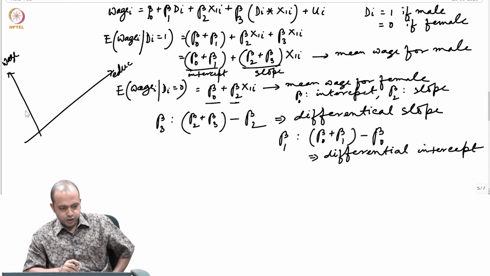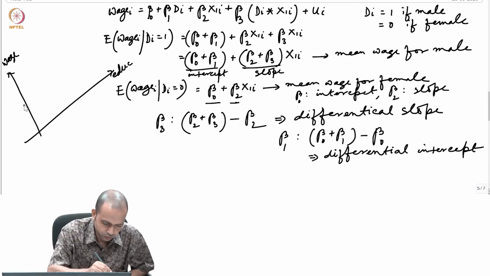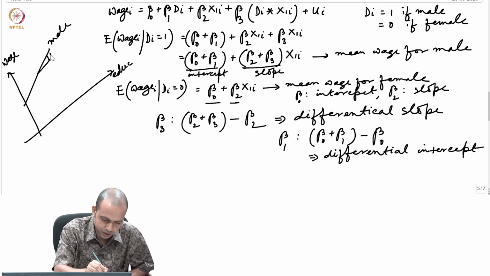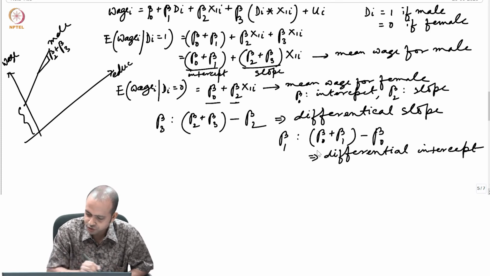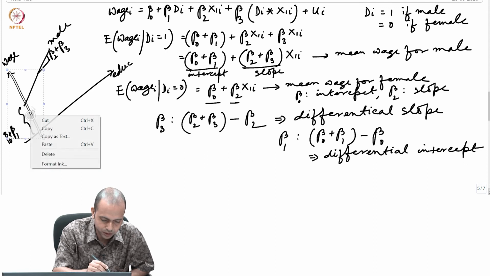So, this should become, let us say this is my wage function for the male category, where the slope is, what is the slope? Beta 2 plus beta 3, and the intercept is actually beta 0 plus beta 1, and the female category slope would be a little